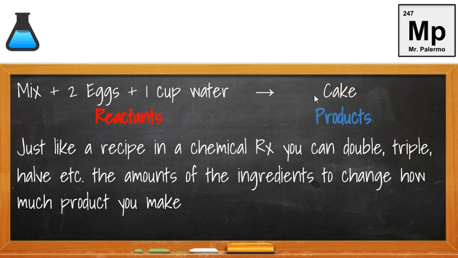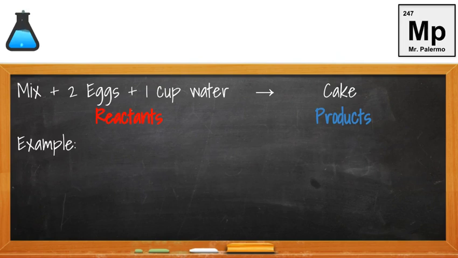Just like a regular recipe, in chemical reactions, if we want to make 2 cakes or half a cake, or we don't have all these ingredients, or we have more ingredients we want to use up, we can alter this recipe. So we can triple it, we can double it, we can half it. The amount of ingredients can change and will alter the amount of products that we make. For example,